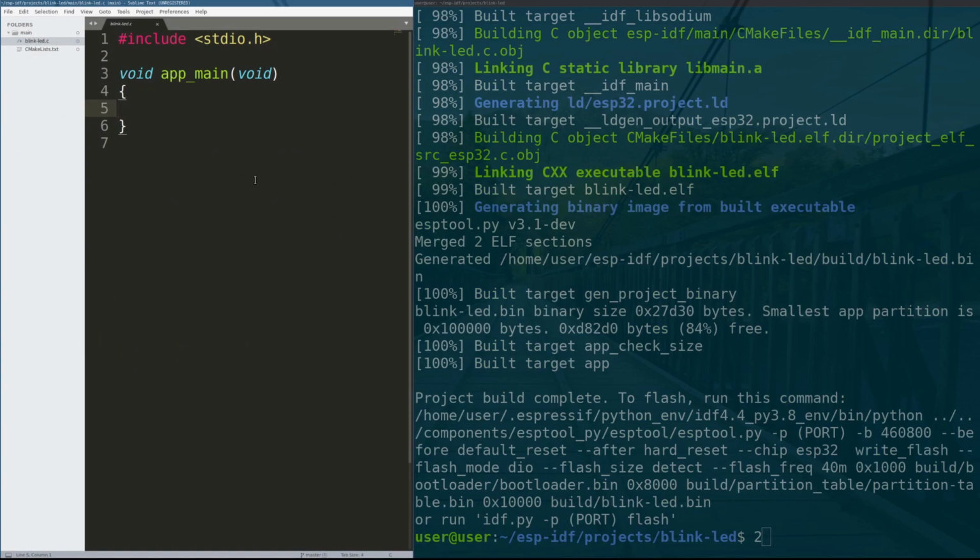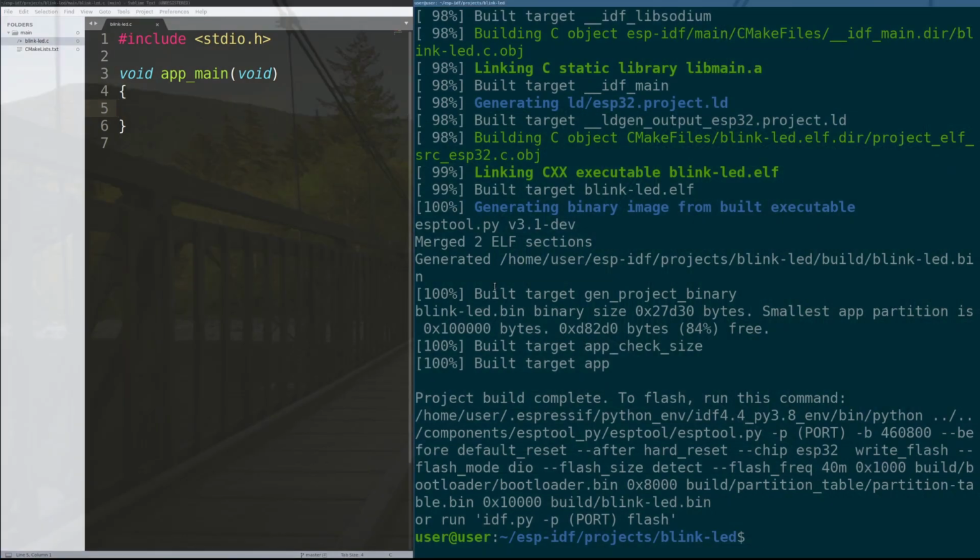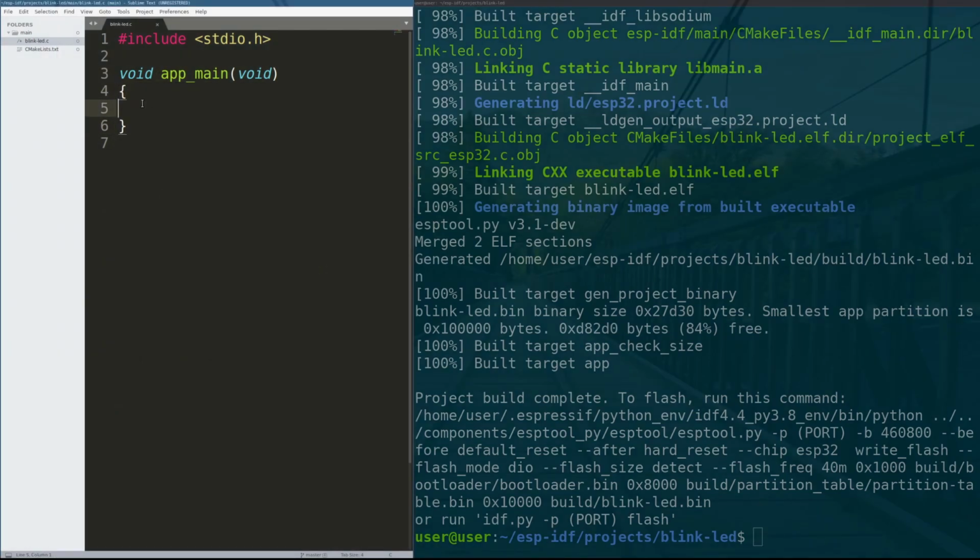Whew, there we go. Okay, so that took about 5 minutes for me. Hopefully it takes a little less time for you, but it does take a minute, but there's a lot of code getting compiled there. So this code starts as an application as a task in FreeRTOS. And the way that we can actually prove that is we can have the ESP32 print the name of the